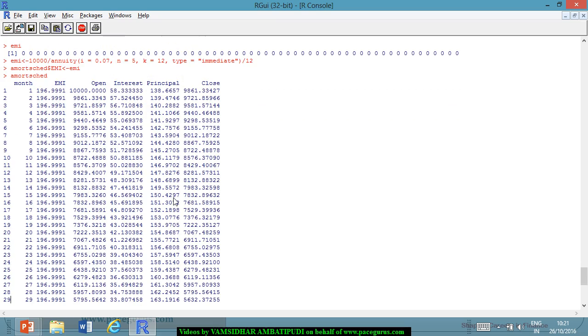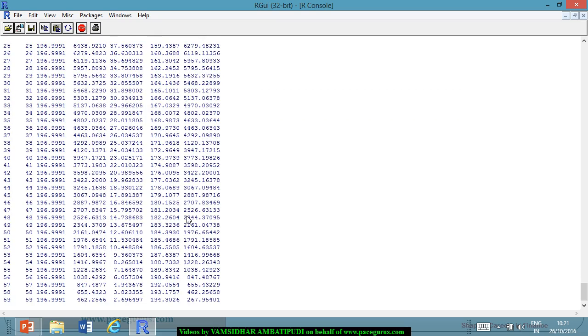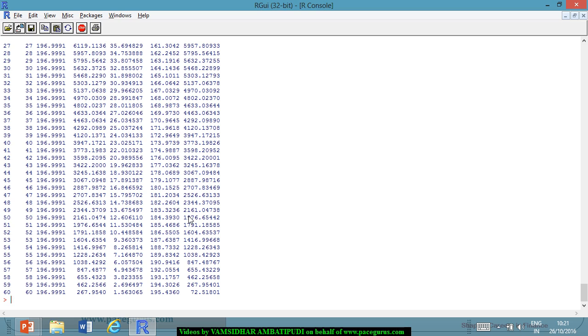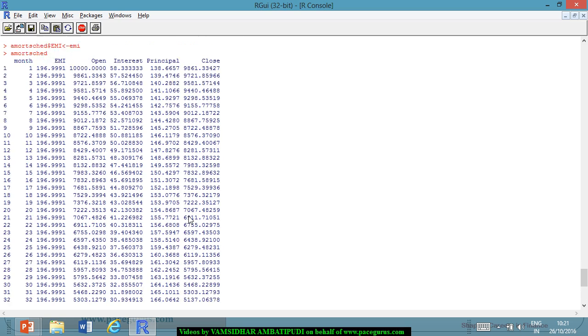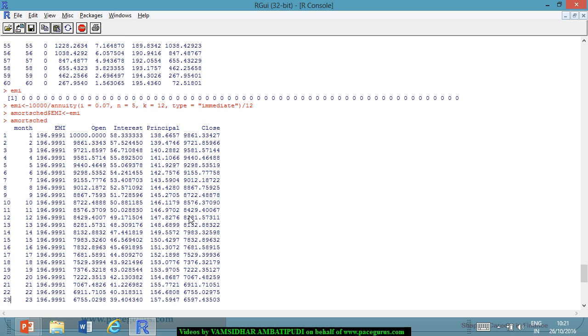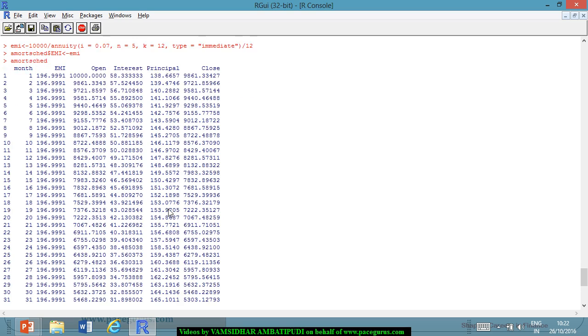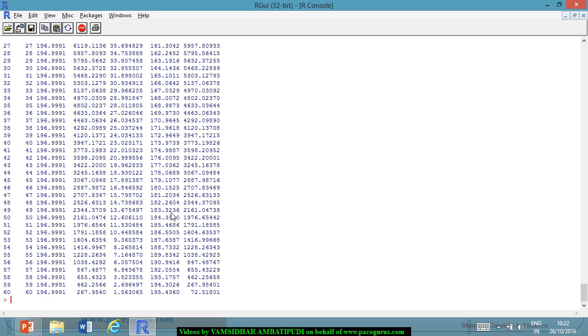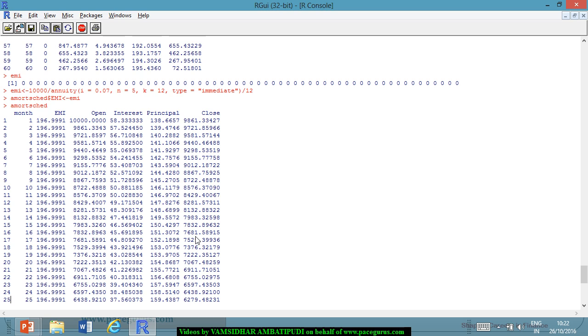So this process is keeping on going on. So that's how the closing balance is completely getting reduced and reduced. So this is what typically is happening as a part of this amortization schedule computation. So I can have the amortization schedule created for the entire period, and based on the interest, based on the principals, I could see how the principal is growing, how the interest is growing, and which is what will result in what would be the typical payment that is pending from the process. So that's how the ending balance, the beginning opening balance, all these things, this is what we are calling as the amortization schedule,